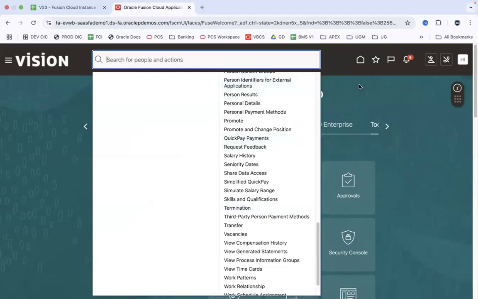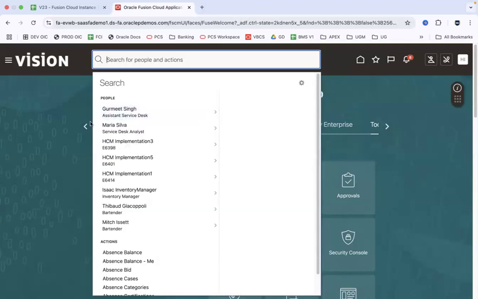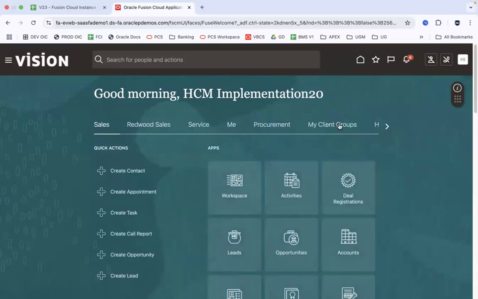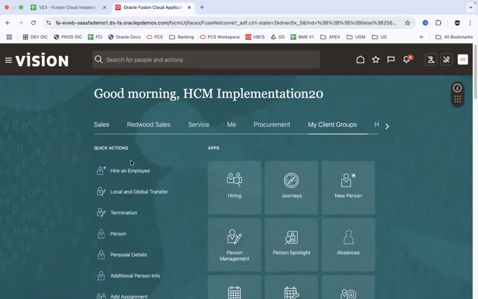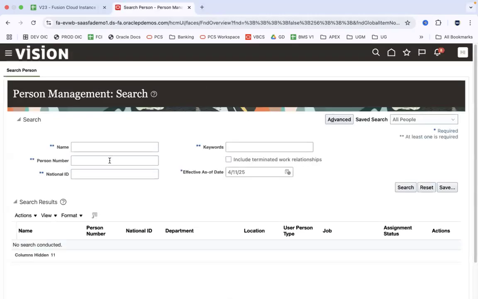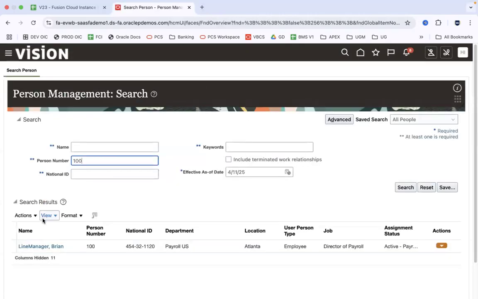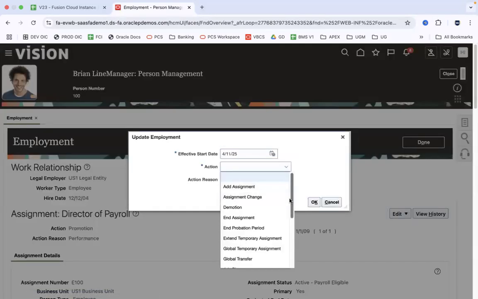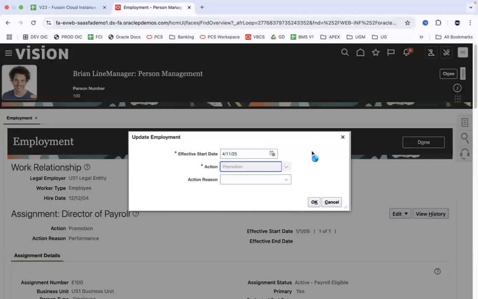So for example, if I have to promote an employee, one obvious option is, if I'm an HR logged in here, I can go into my client group and use the quick actions available here to promote an employee. Or I can go into the person management screen, and from here I can search for a specific person, open that particular person record, and perform the required action from the task ribbon. I can click on update and I can say promote an employee. But instead of doing these many steps,